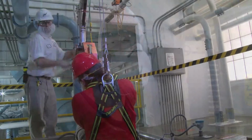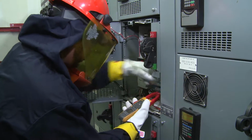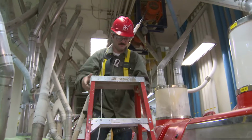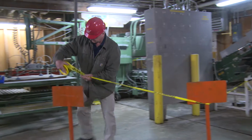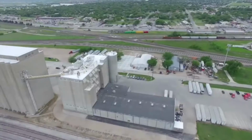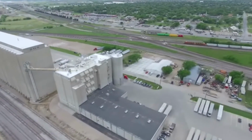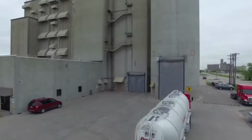Safety is of critical importance to Miller Milling. We sincerely value the safety and health of every employee, contractor, and visitor as a high priority. We have set high standards for safety for guests when working or visiting our facilities. We constantly strive to provide a safe and healthy workplace, free from recognized hazards through good design and proper maintenance